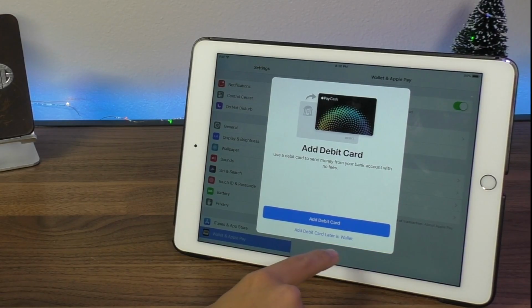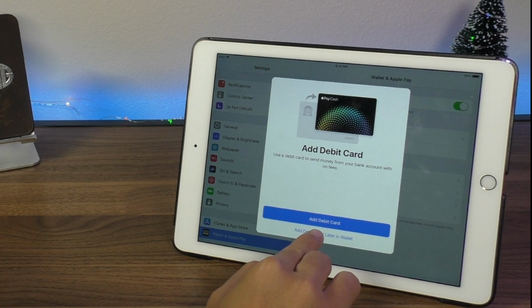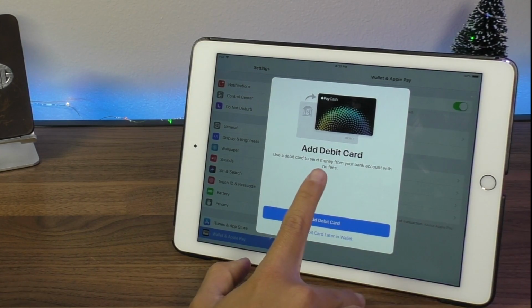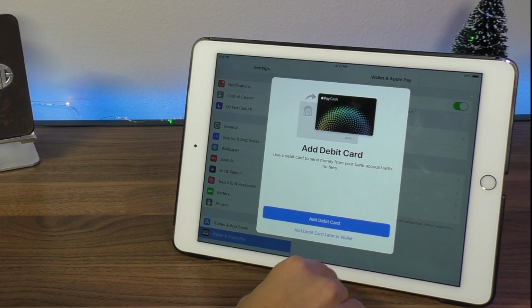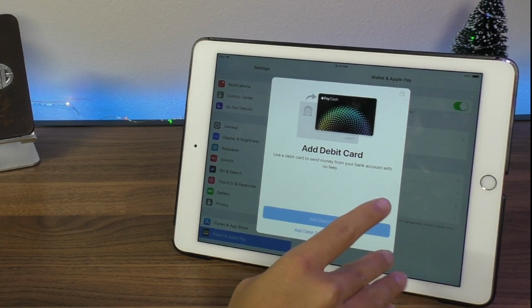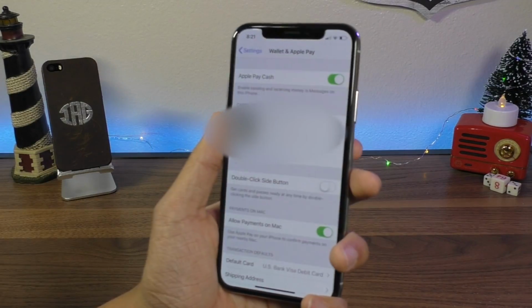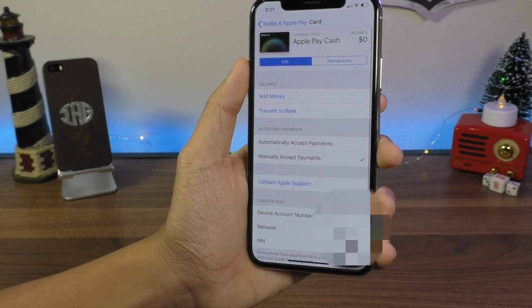But if you don't, during the setup process, it will ask you to set up a card in this screen. And I believe it is a debit card only. I don't know this for sure because I don't have a credit card in Apple Pay right now. But you can go ahead and add a debit card right now or hit cancel and add it later. Which is great if you don't want to enter in your card information and if you still want to receive